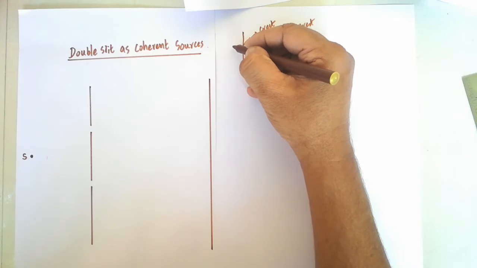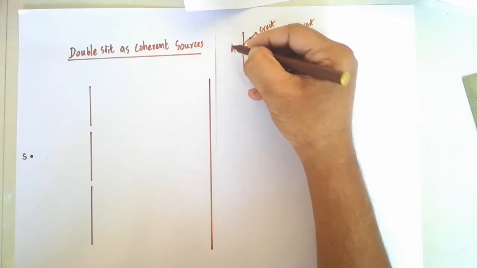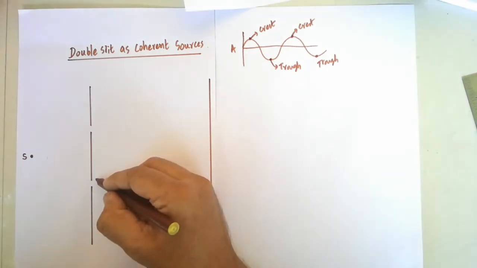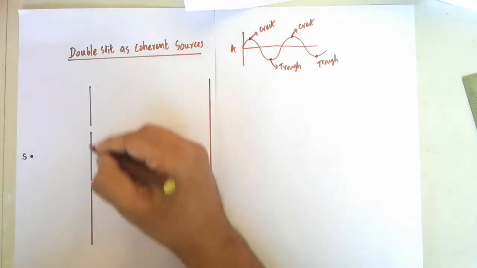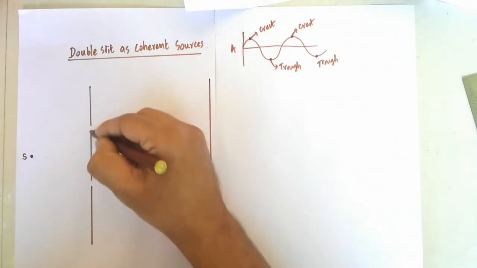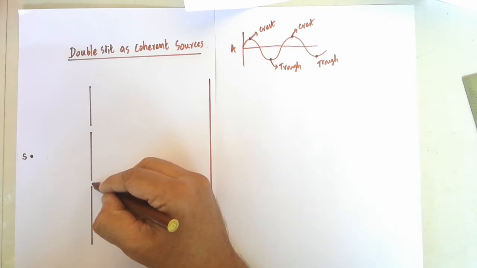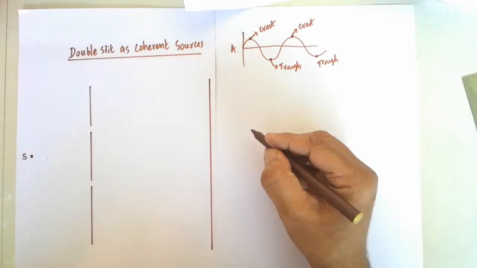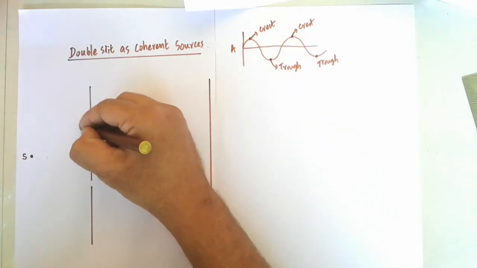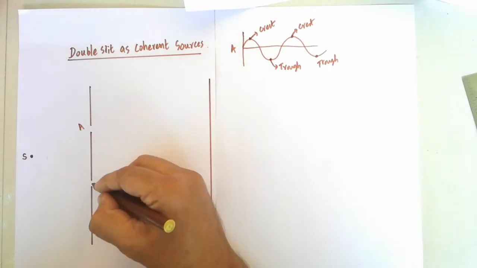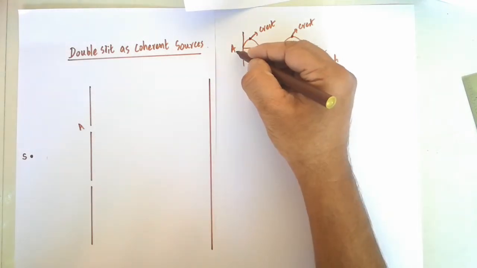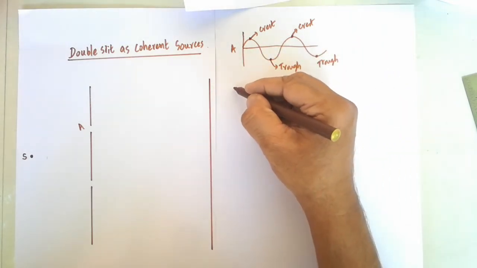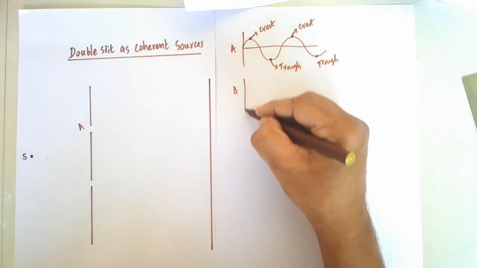Here let us imagine this is the light wave which comes from the first slit. Here two slits are used. Are you clear? In a single opaque screen, two holes are made. These two holes are called double slits. So these two sources are going to act as the coherent sources. Let us imagine this is the first slit and this one is the second slit. Imagine that this is the first wave that comes out from the first slit. Now I am going to draw the wave from the second slit.